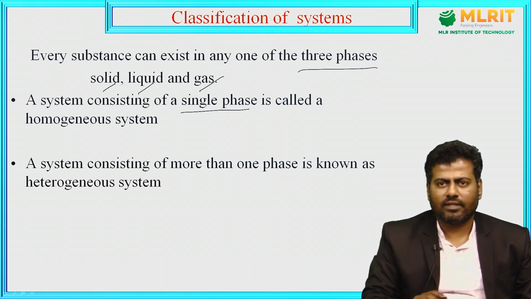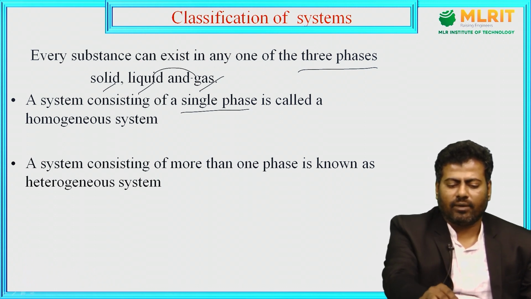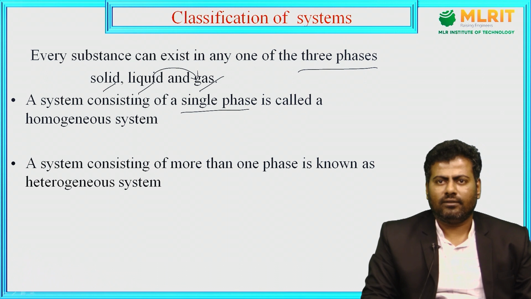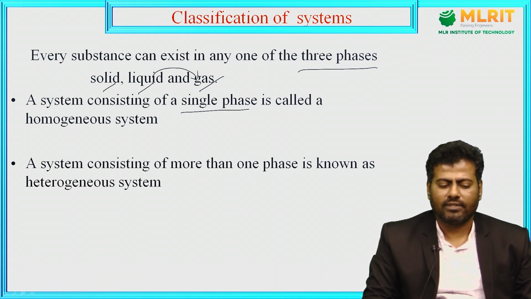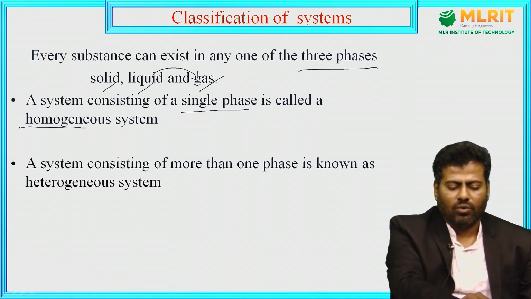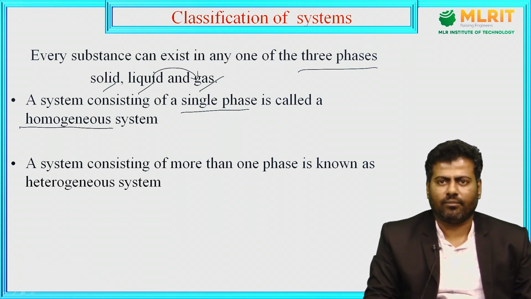In the previous lecture we discussed the steam power plant. In that we considered four major components. One is the boiler. Inside the boiler we have taken the liquid. When I add heat energy, that liquid is converted into high pressurized vapor. Water, which is the liquid phase, is converted into the gas or vapor phase. If I have only a single phase, then that is homogeneous. Homo means same, as everyone knows.